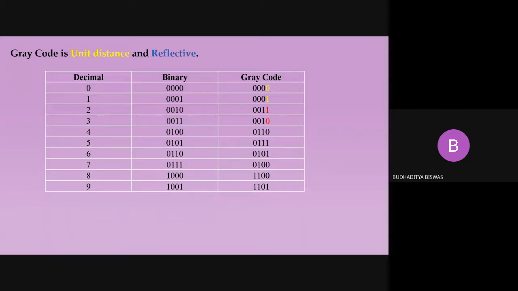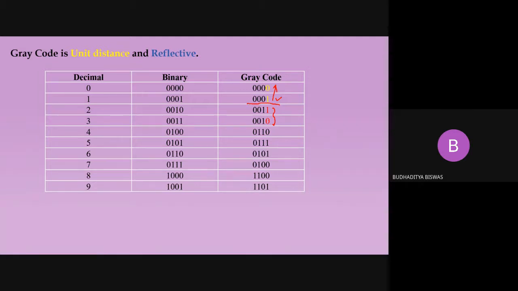In the gray code also it is 0 0 0 0. Then coming to the 1 it is also the same. In binary it is 0 0 0 1, and in the gray code it is also 0 0 0 1. Now check this one. In the third and the fourth, you see this 1 0 is actually a mirror effect. It is equal to 1 0. If you look at things from this side and consider the mirror placed in this position, then you see this is the mirror effect. It's equal to 1, it's equal to 0.